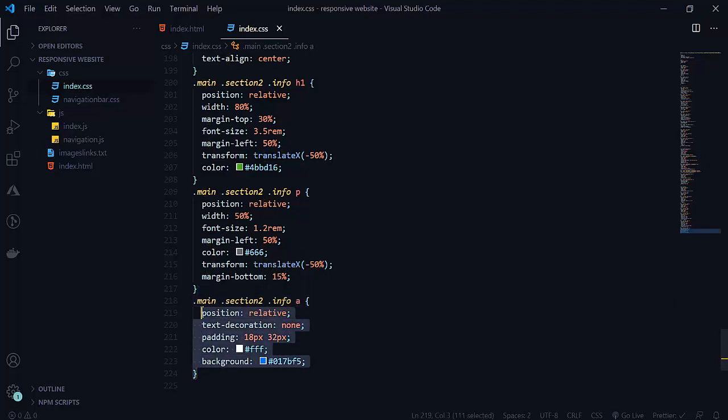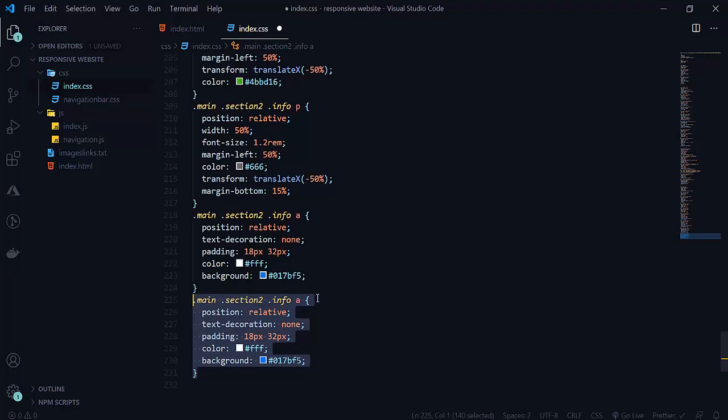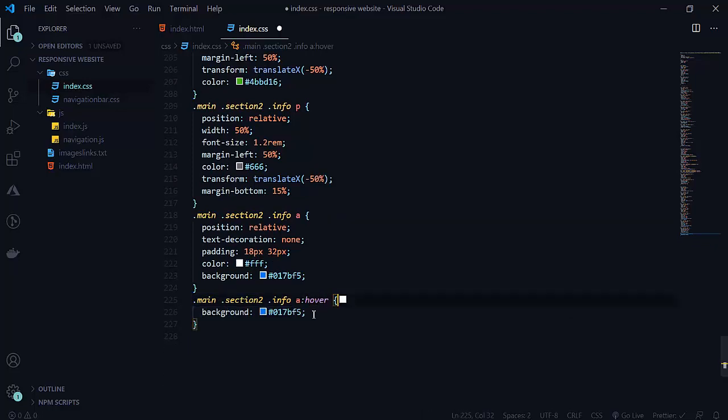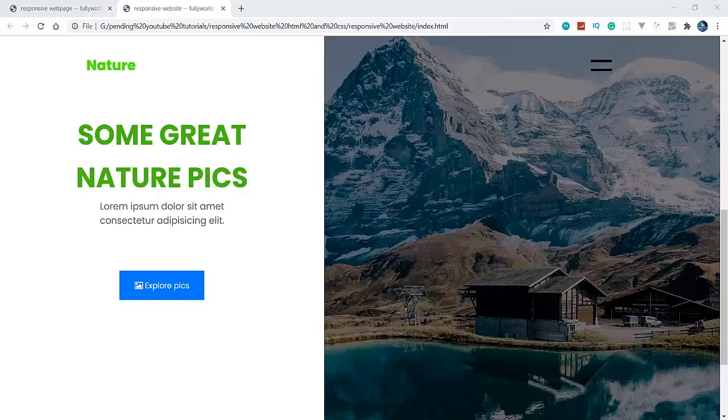So copy and paste this. Here on hover, we just want to make this color dark. Why is our color palette not coming? So this is looking good.